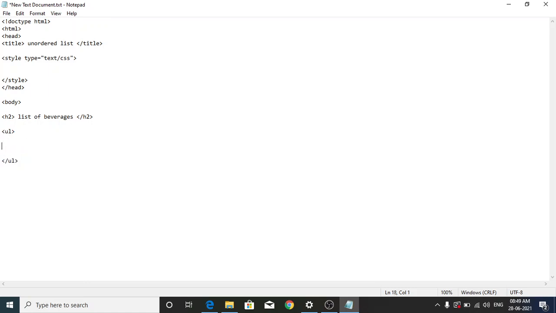The inside portion are the list items, and the list item tag is LI. I'll give LI and write the first list item, tea, and close the LI. First item done. Start with the second item and close LI. Then the third item.